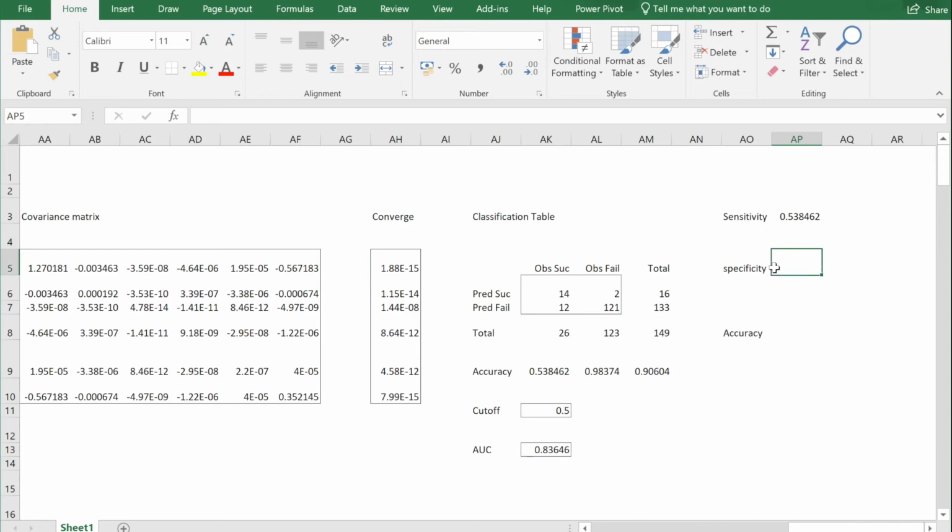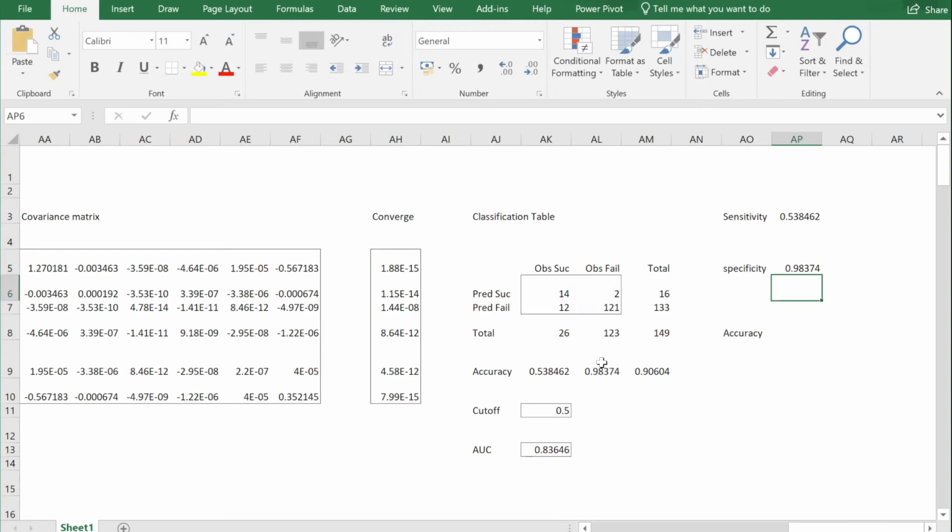Coming to the specificity, which is given by true negative divided by true negative plus false positive, you get a specificity of 0.98, which is this number.